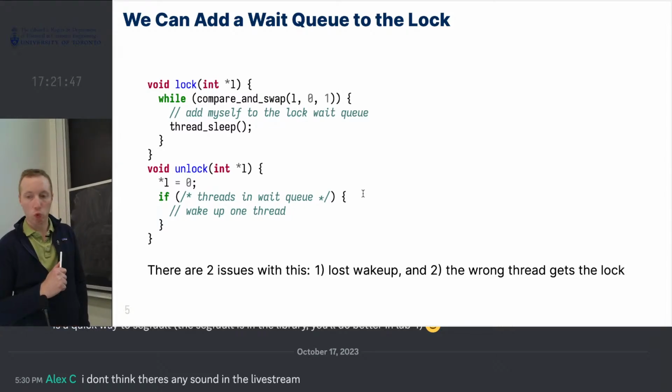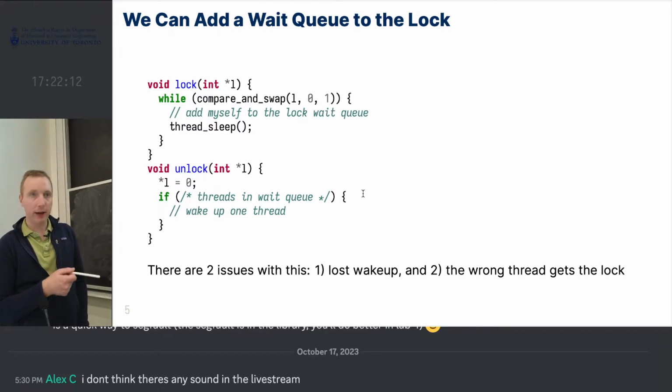I'm not sure if it's the key of the problem here, but in the lock function, say if you keep getting ones from compare and swap, will that add the same thread to the queue multiple times? No, so say thread 1 has a lock and thread 2 tries to call lock,